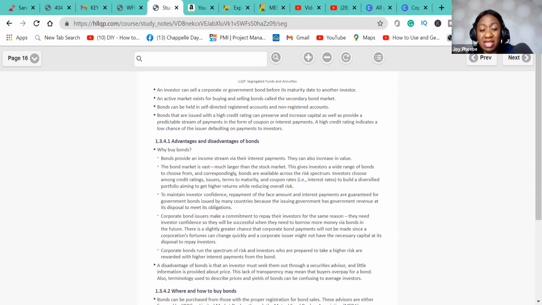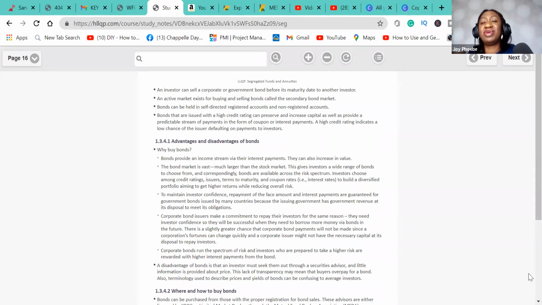Like I said earlier, when it comes to the level of risk, corporate bonds are riskier than government bonds. And even within the classes of government bonds, the federal government bond is more secure than the provincial government bonds, as well as the provincial government bonds are more secure than the